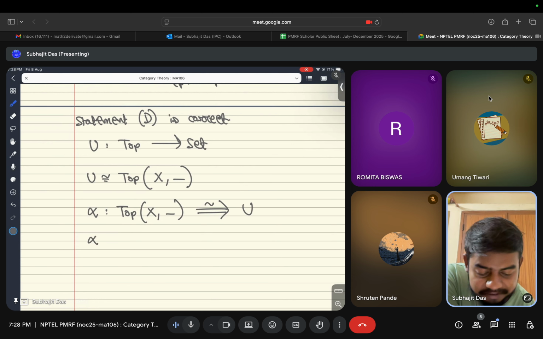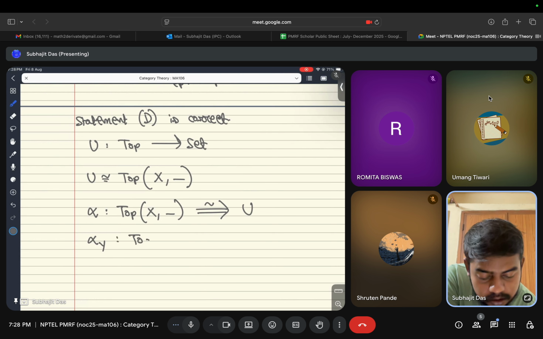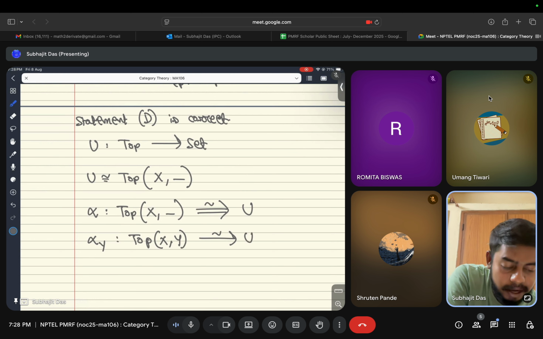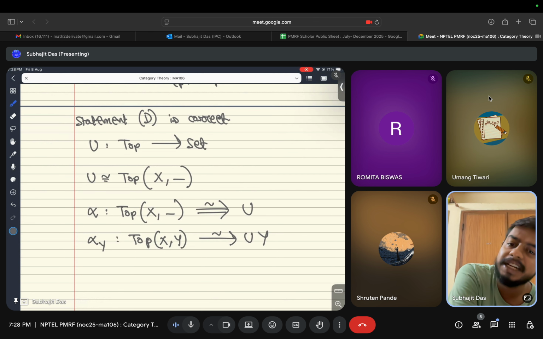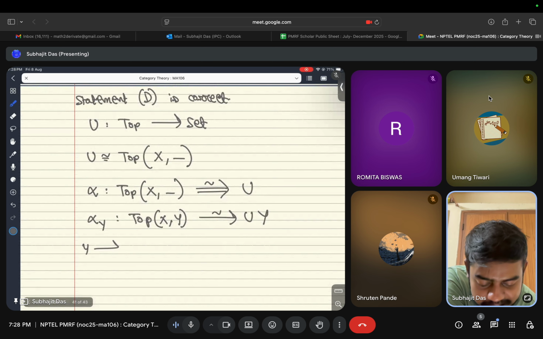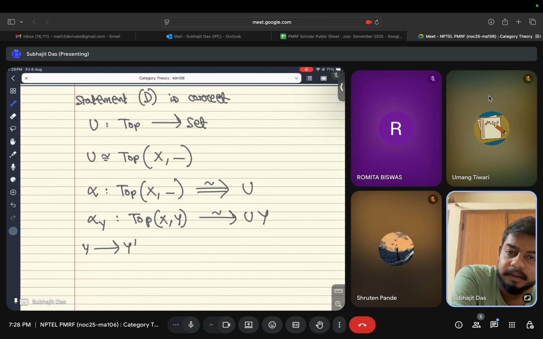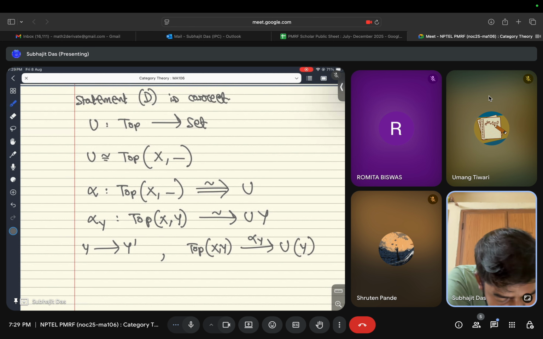which means that for every object Y in Top, so for every space Y, you want to produce a bijective map from Top(X, Y) to UY in such a way that this map alpha_Y is natural in the variable Y, right? That is, a naturality axiom also holds, by which I mean that you need to show that if you take an arbitrary map from Y to Y' in Top, which is just a continuous map, then you have this square: Top(X, Y), UY, alpha_Y, Top(X, Y'),